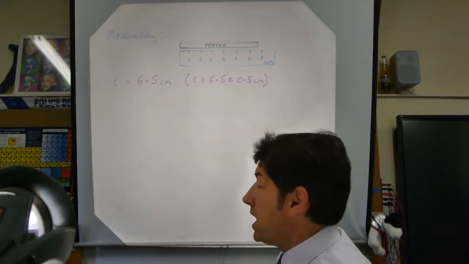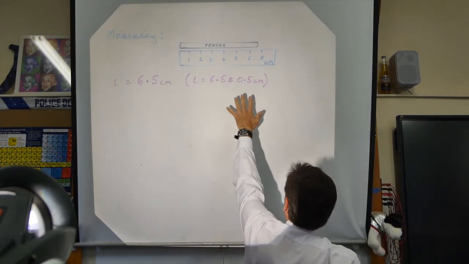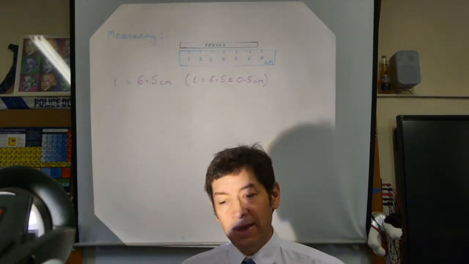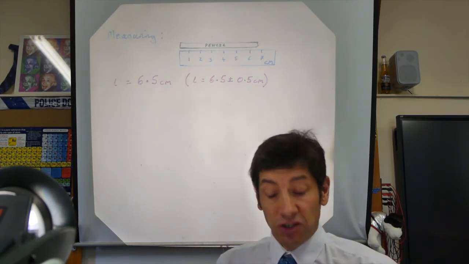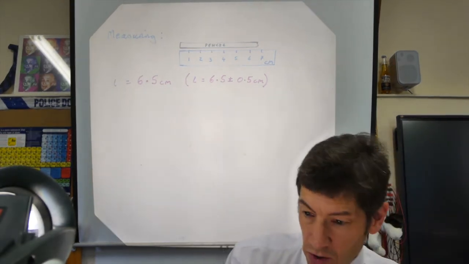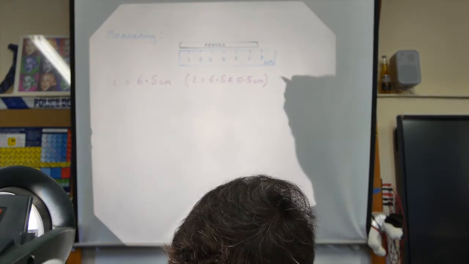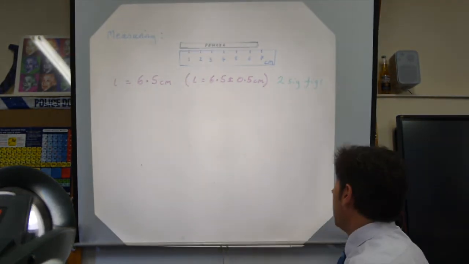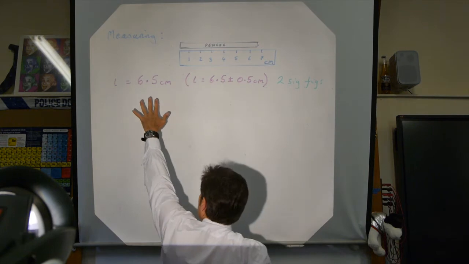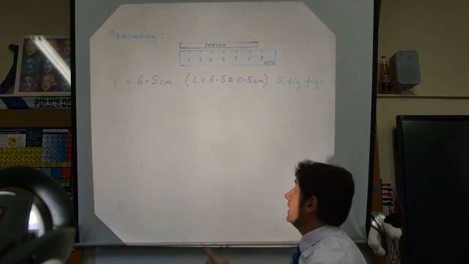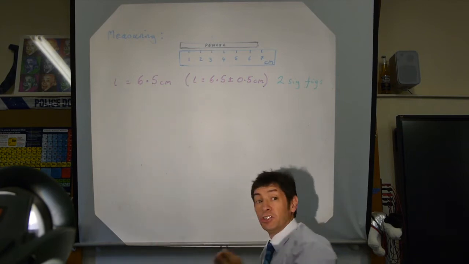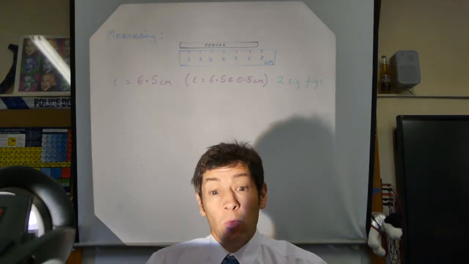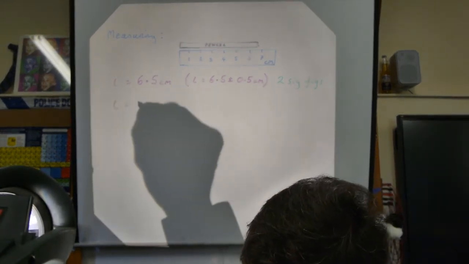Now you could do it plus or minus 1 millimetre if you want, if the smallest scale on there is a millimetre. Not the point I'm making today. The point I'm making is that this number is to two significant figures. So we can abbreviate that and say we've made the measurement to two sig figs. And if we just quote this number, it's okay to say 6.5 centimetres to two significant figures, which lets us know that we're not in a position where we've measured the length like this,